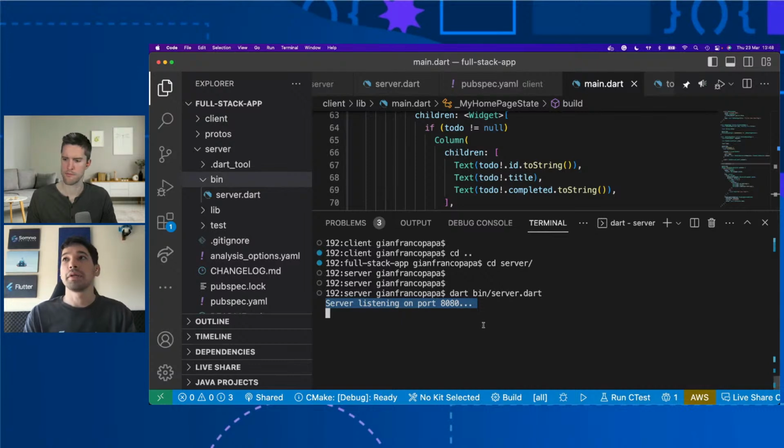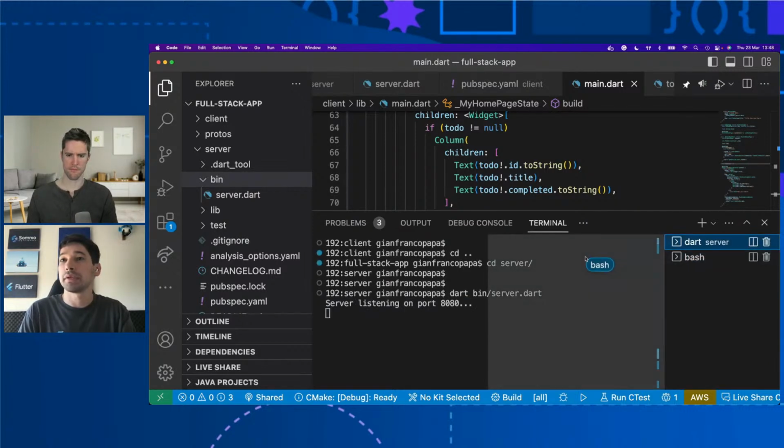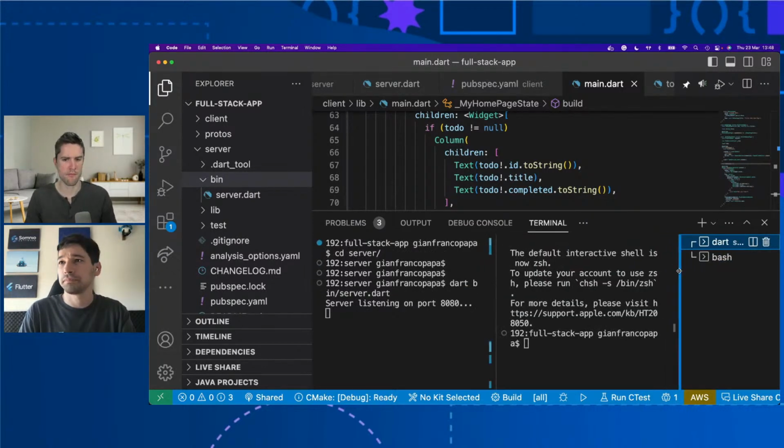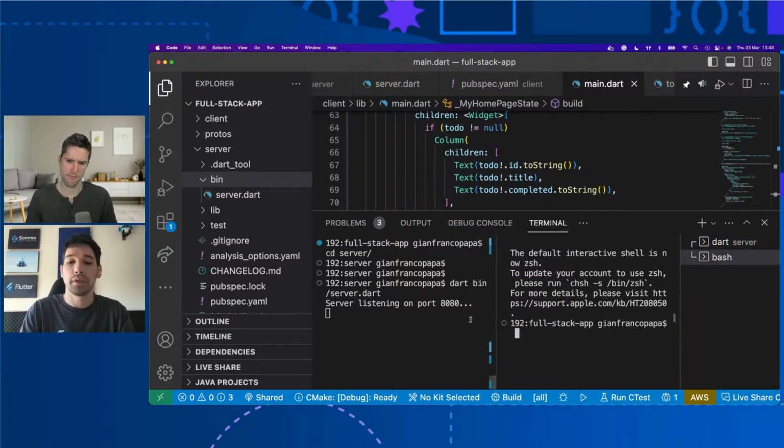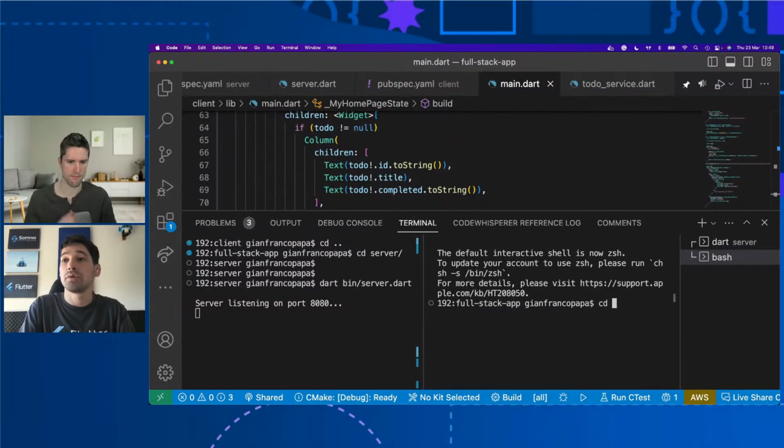So yeah, it's not like we can go to Postman and start testing in Postman. It's more difficult because this is another protocol, but we can run our app and see if everything is working. So here I can open another tab, and we can go to our client, right?